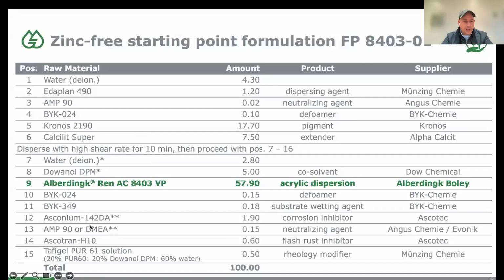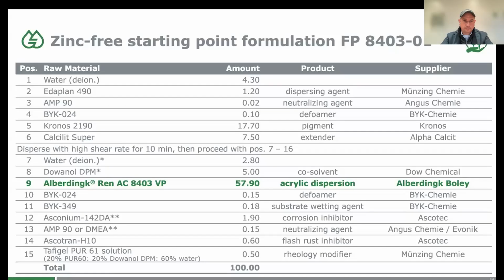And we are using one active material here, which is the Ascotran 142DA, which is giving us improved adhesion at the scribe. And we are using a little bit of a flash rust inhibitor here, which is the Ascotran H10. All in all, a very simple kind of white paint enamel type formulation,